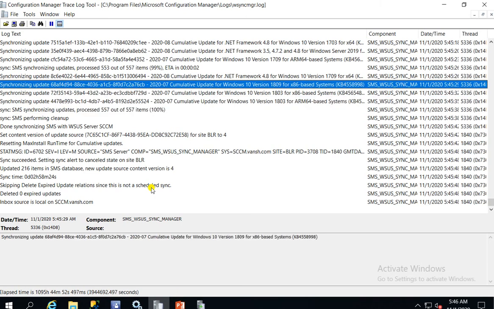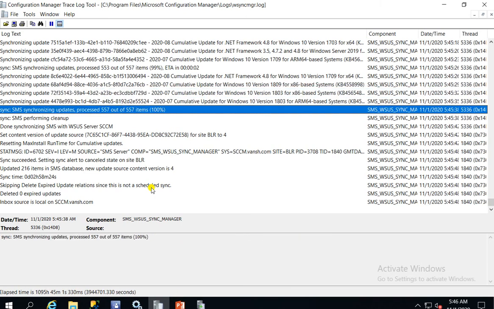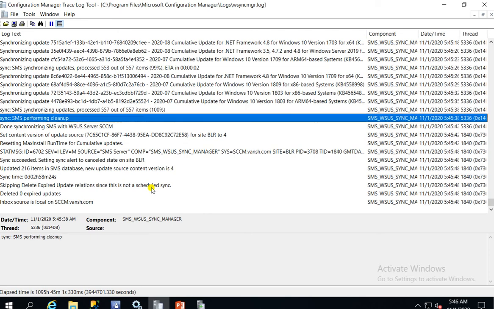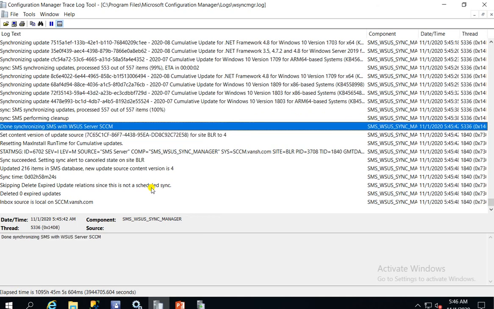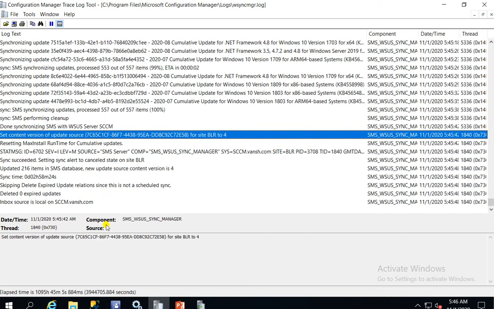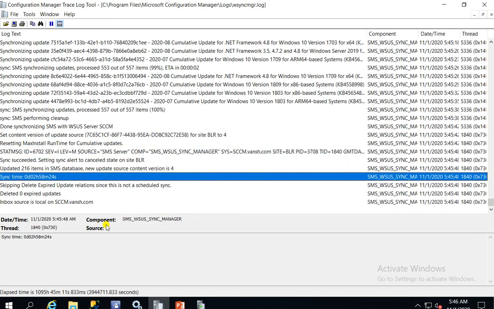So it's giving the final result of how many patches were replicated to SCCM. SMS performance cleanup is the final task it did, and here you can see it finished synchronization with the WSUS server. So now the synchronization is done and our task is completed.